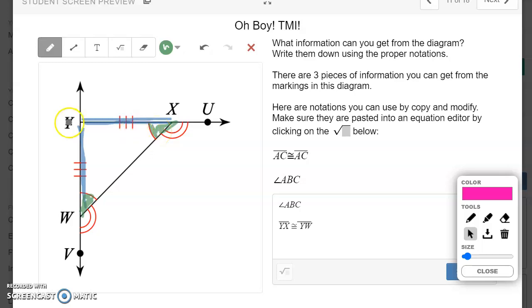To do that, we start by tracing, starting off with Y. We start by describing these two arms that enclose this angle here. The two arms are the line segments YX and WX, right? So we can go from one end to the other. So angle YXW. Angle YXW is congruent to, so I want that congruent symbol,